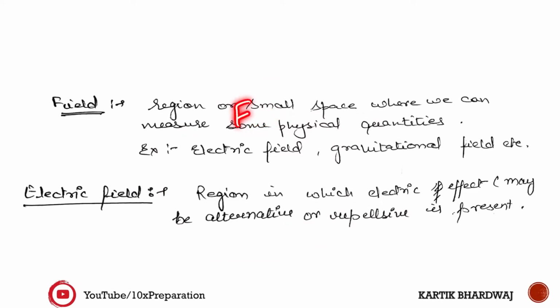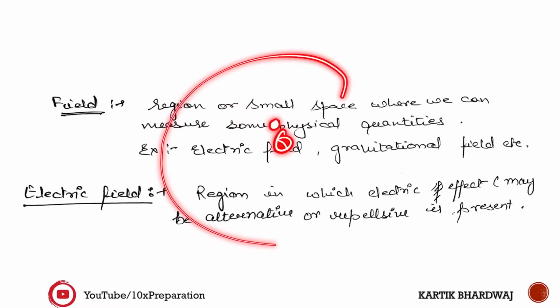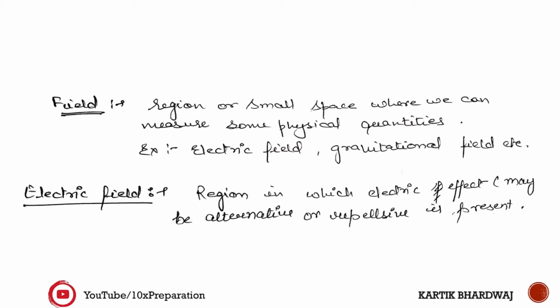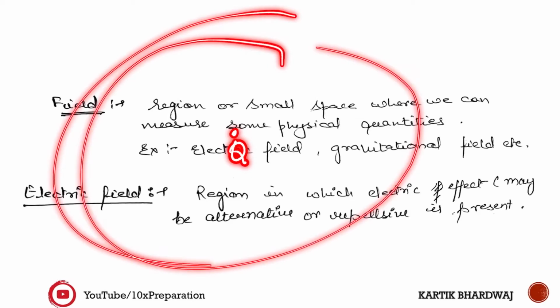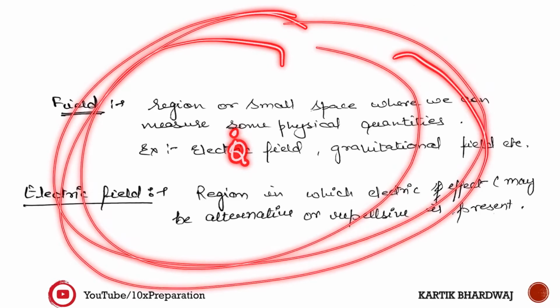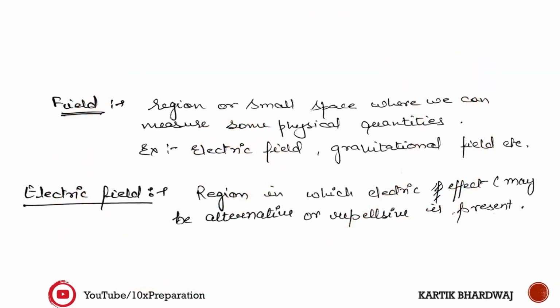So a field is something; in Hindi, the area around anything where its influence works, where its authority runs. So what can you call a field? If some charge Q is there, how much region is there up to which you can feel its influence? Whatever the influence is, it may be attractive, it may be repulsive, but I just want to know the area, the space region around this particular charge.